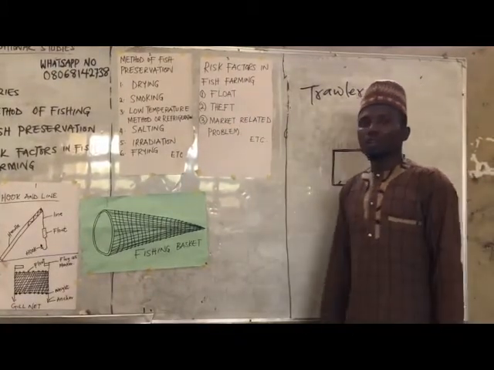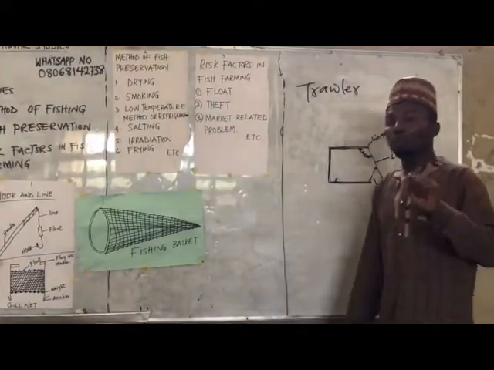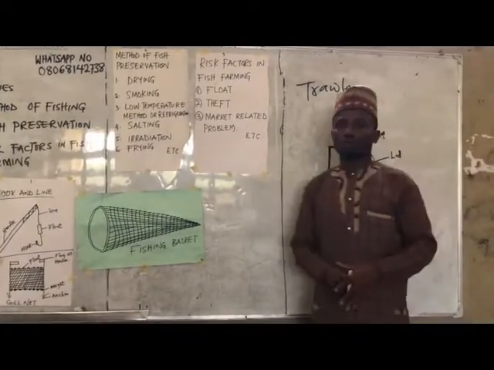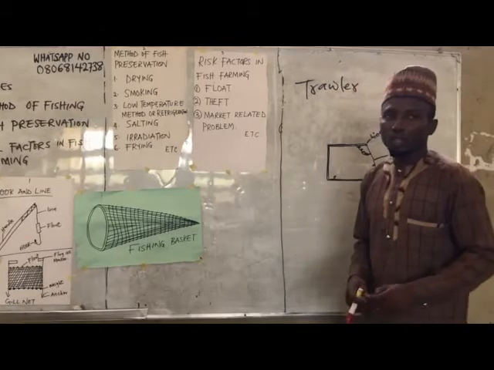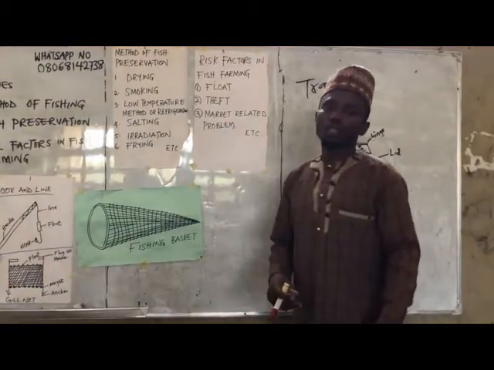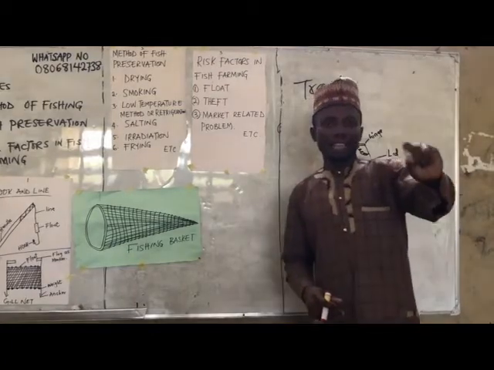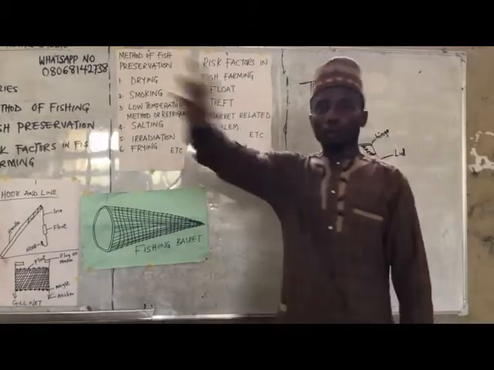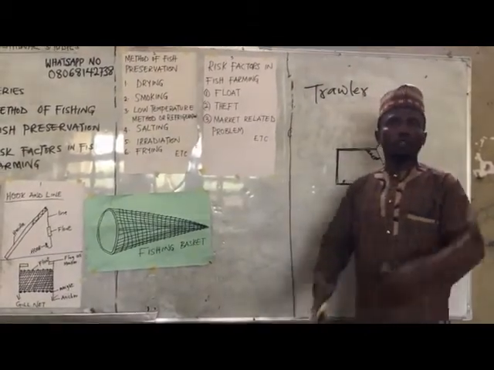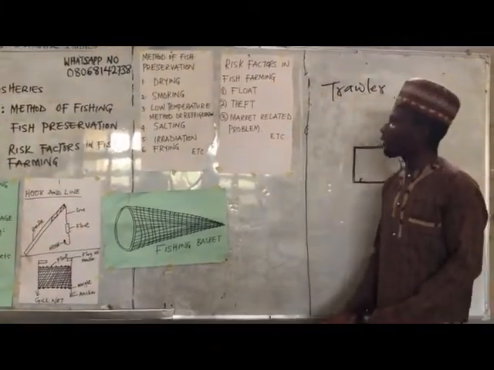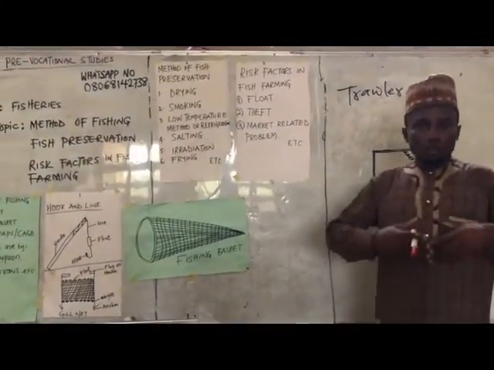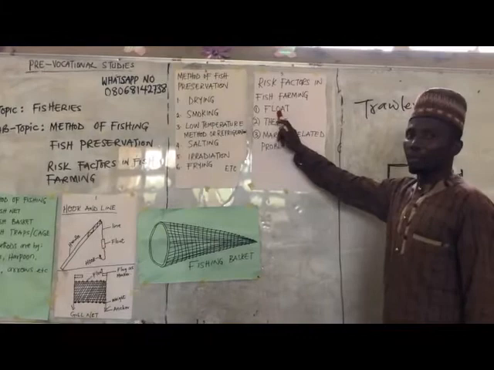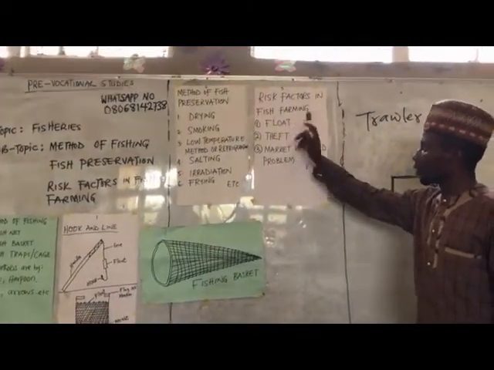One, flood. When you want to construct a pond, it is advisable to construct it close to a water source. Whenever there is a high amount of rainfall, the volume of water in that river can increase to the point that the water can overflow onto your pond, since your pond is close to the river. Once it overflows onto your pond, then your fish tend to what? Float away together with the water. That is the flood that we're talking about. You can lose your fish through flood.